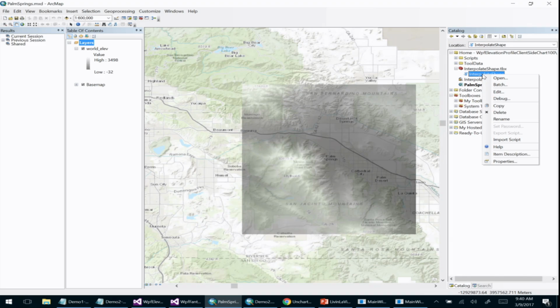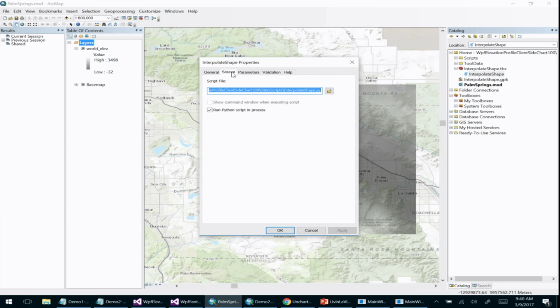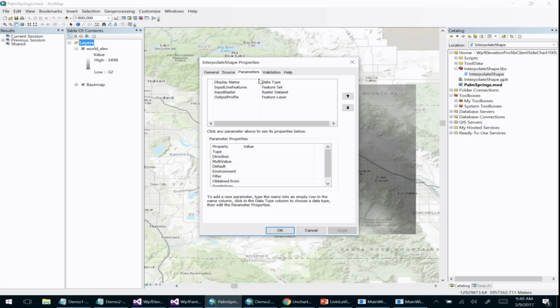It's a Python script, but I imported it into an ArcGIS toolbox here. So if I look at the properties of the toolbox, I can see the source is my Python script, and then also I had to define some parameters here. The order of these parameters needs to match the parameters that I'm specifying in the Python script. So you can see that I had two input parameters. One was the input line, one was the input raster data set,